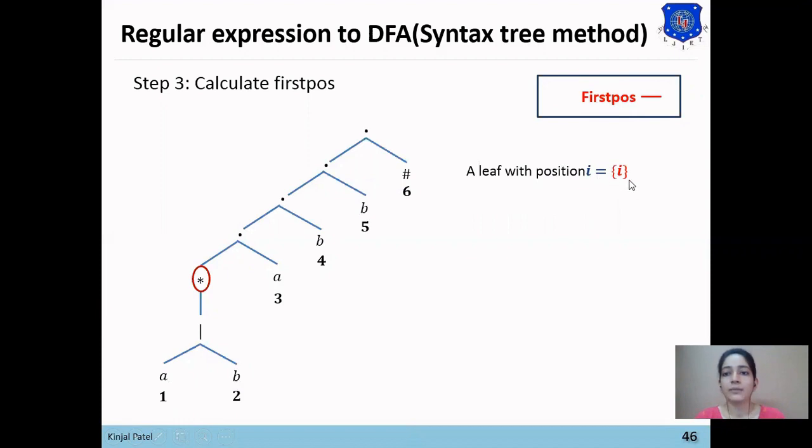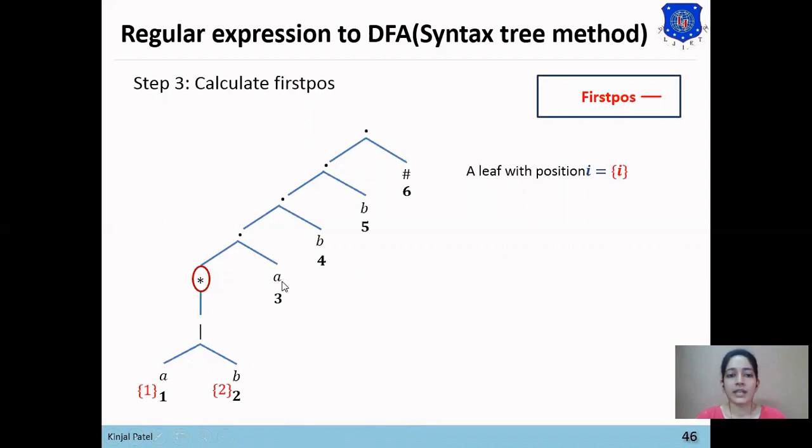Here our first leaf node is A and it has position 1, so 1 will be the firstpos of A. The second node is B, which has position 2, so firstpos for B will be 2.